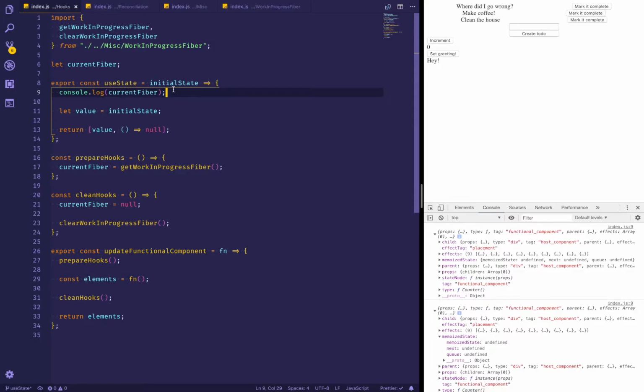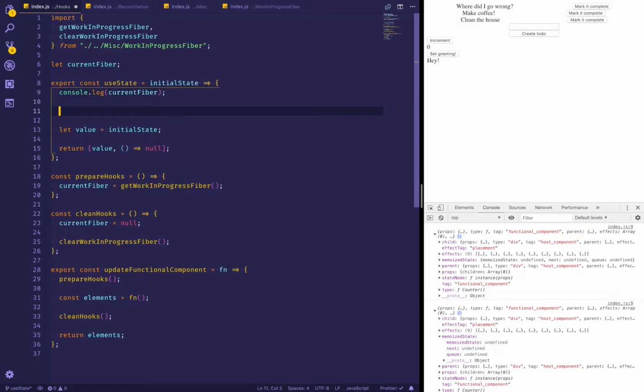But also, since the next state, which will be calculated in a render cycle, will be dependent on the previous state, we need to keep track of them. So we will eventually have a queue. But in the initial render, there will be no queue. So we have the current fiber, and